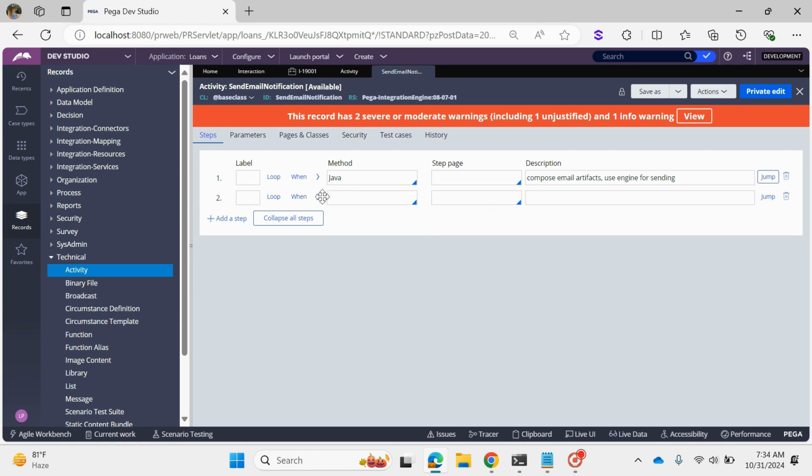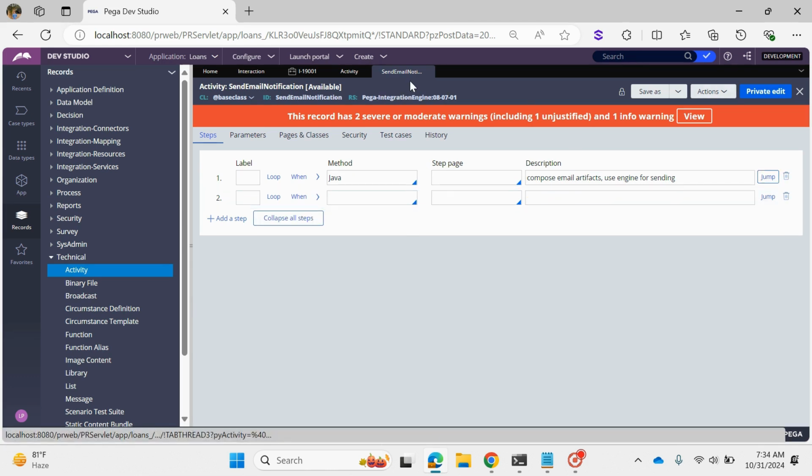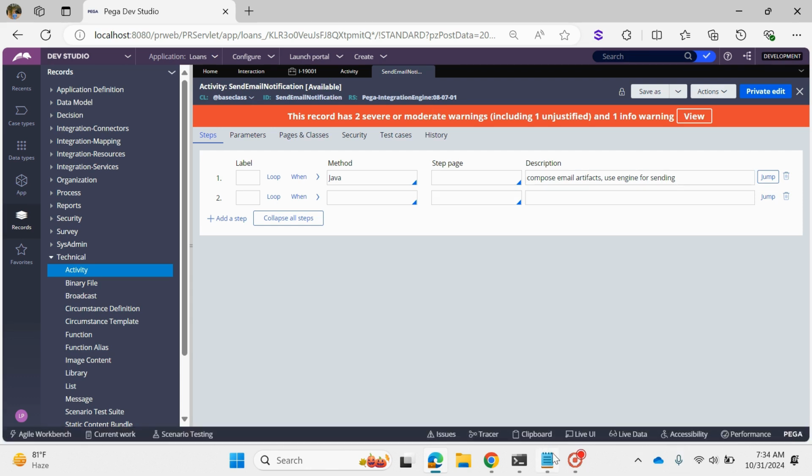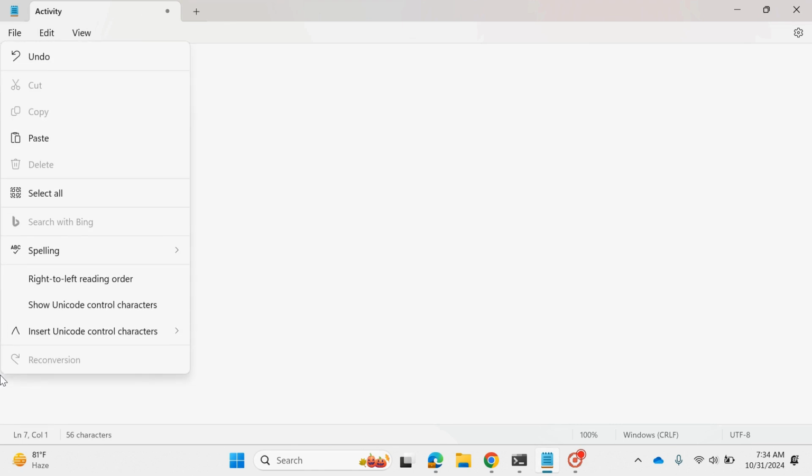I will explain when to use the loop and when conditions, how to go with step page, how to use the jump method, how to use labels, and how to change these loop conditions. We'll see this based on the scenario basis. And what is called a method? I've been saying it for the last 2 minutes, so what is a method? A method is the one